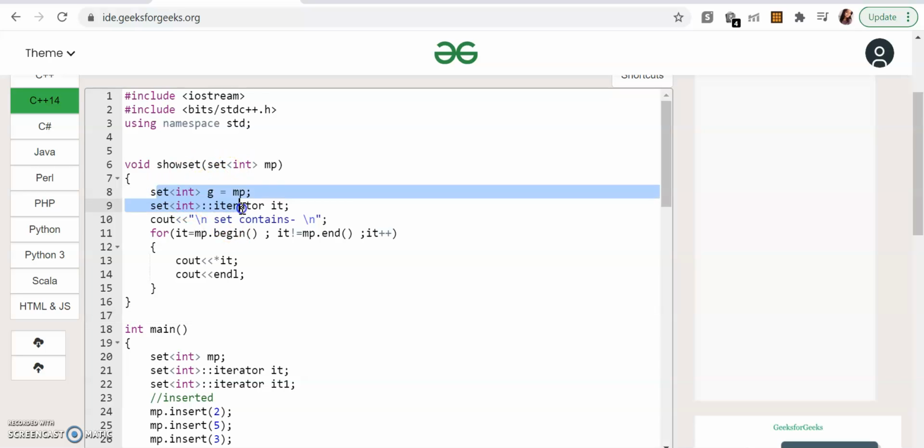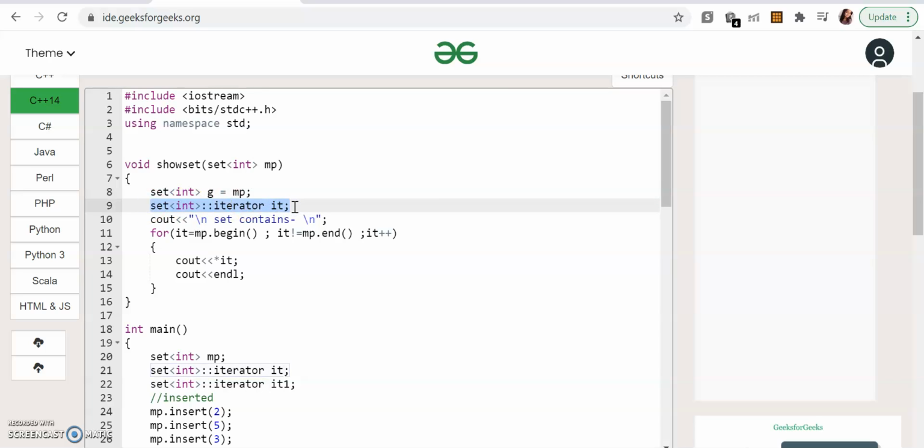Here you are just going to define the set like this. This is the type of element that it contains. Then you just give the name, and we are using an equal to operator here to assign the one value of set to another. So here we are passing empty, and in the G set we are just assigning it. So this equal to is used for that. Then for the iterator we define it like that. If you are using any kind of container, you have to define the iterator like that.